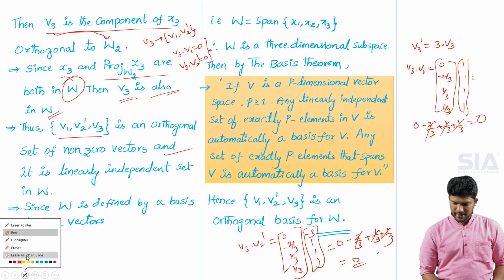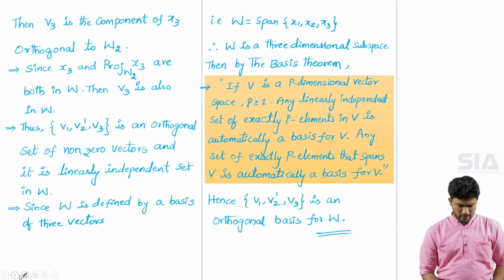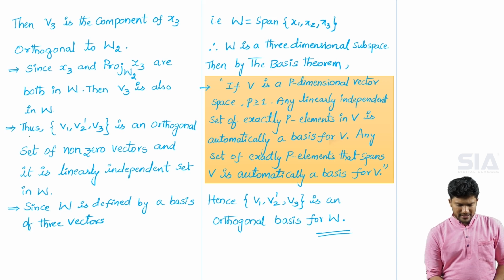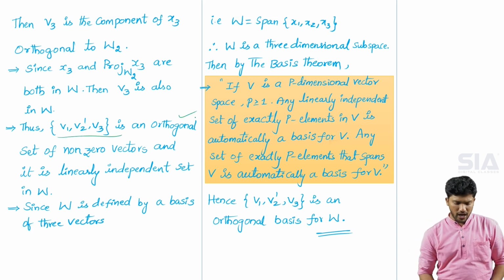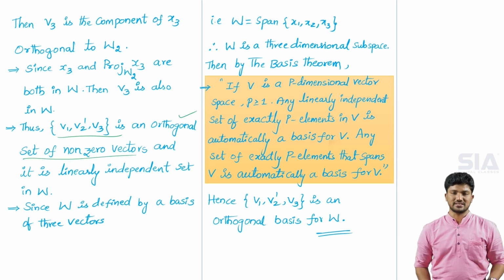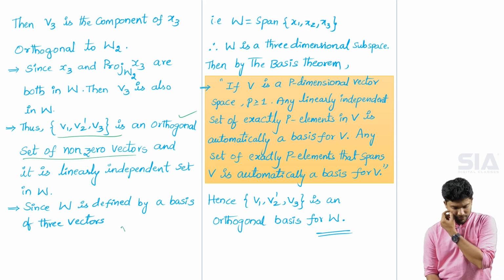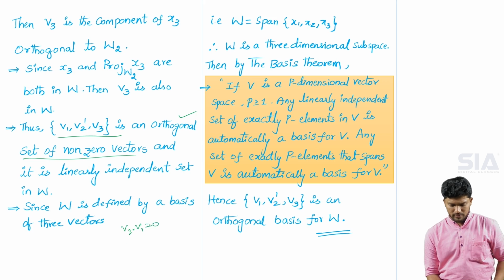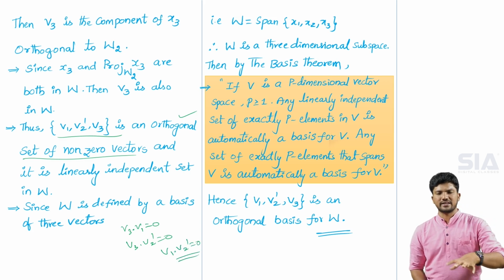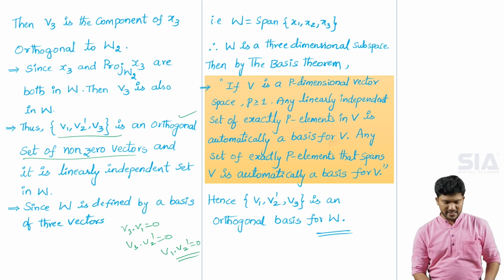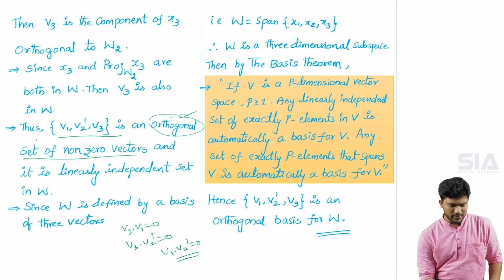So now I am cancelling this written part, amma. Now you can observe once again. The set v1, v2 dash, v3 is an orthogonal set of non-zero vectors. Just now we proved that v3 into v1 is equal to 0, and v3 into v2 dash is equal to 0. Similarly, we can also prove that v1 into v2 dash is also equal to 0. If the product of all pairs of the three vectors is equal to 0,